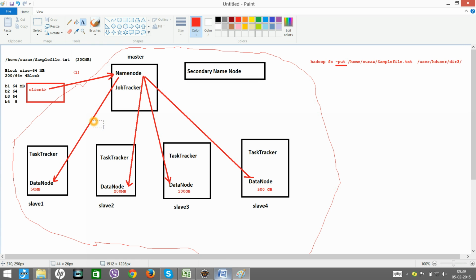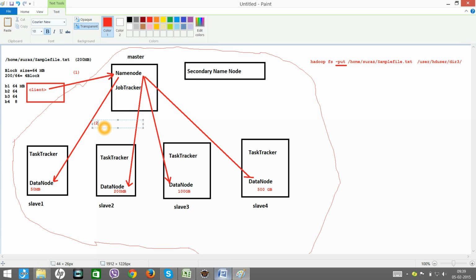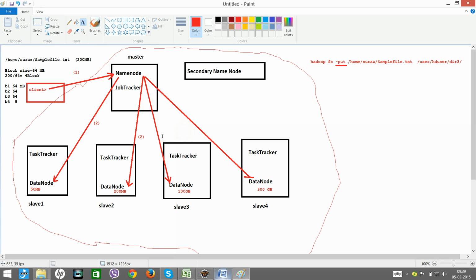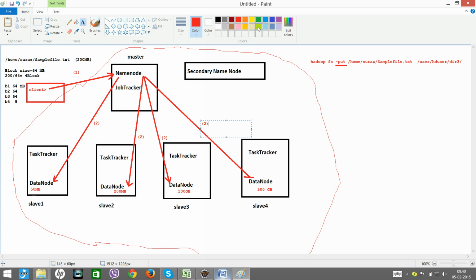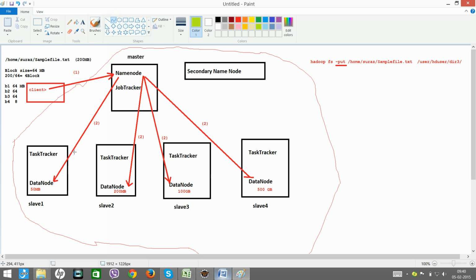So this was step number 1, and this will be step number 2. In step number 2, your name node will talk to all the data nodes. The data nodes will tell the status of the system, and those details will be communicated back to your client.